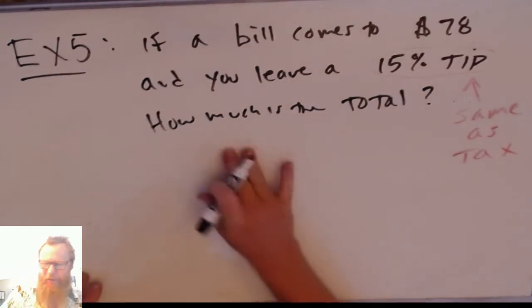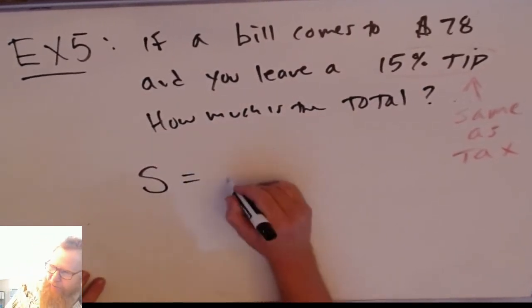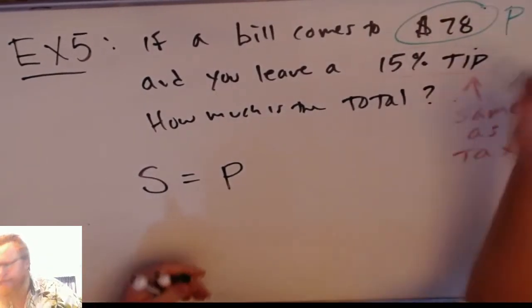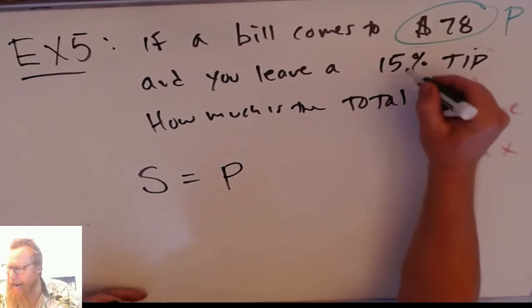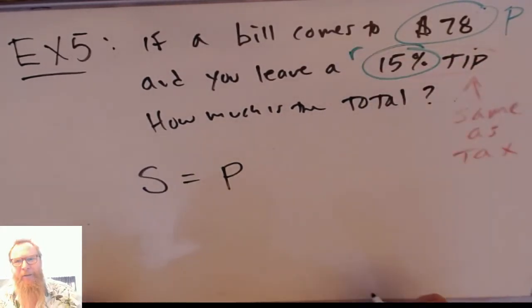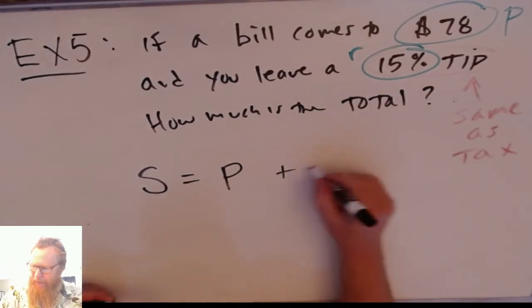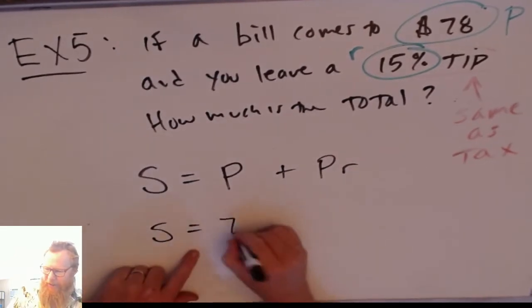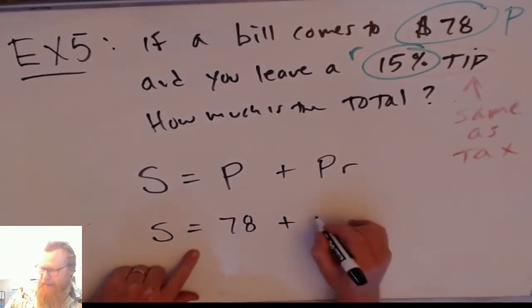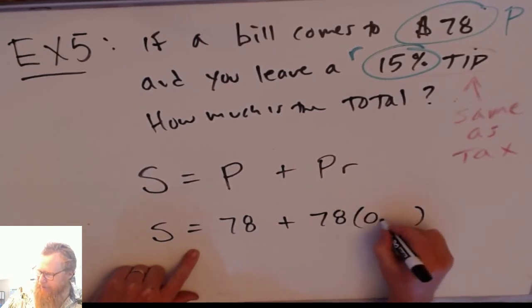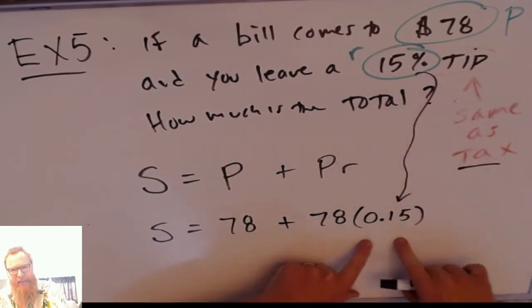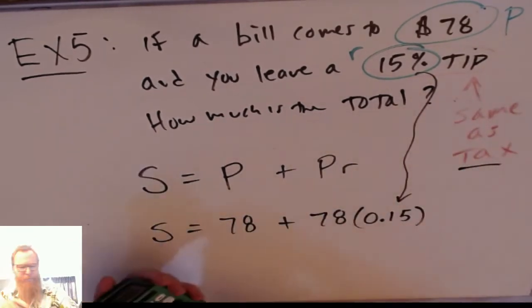All right. So how much is the total? Again, you can use the same formula. The bill is P. That's the original price. The tip is the same as tax, so that's going to be your R. So you got P plus PR. So originally $78 plus $78 times 15%. Remember, the same as tax. 15% is 0.15. So $78 times 0.15